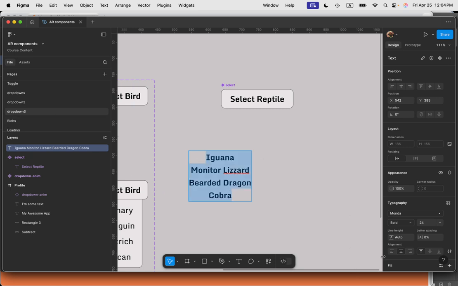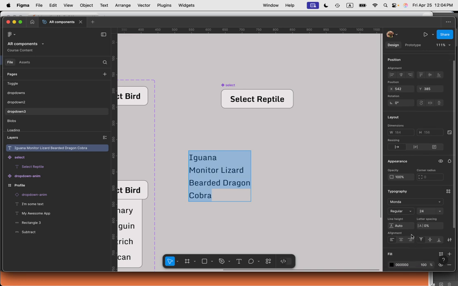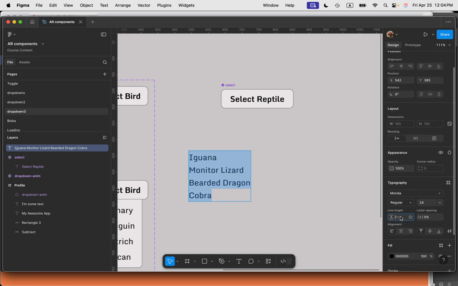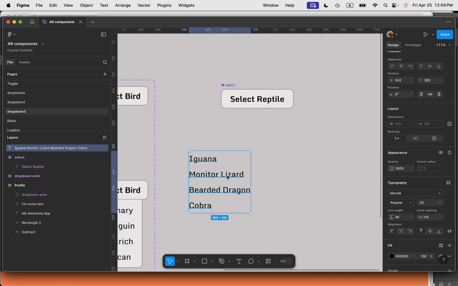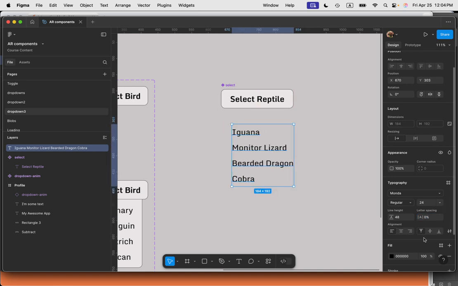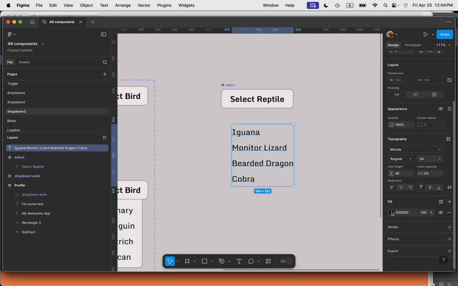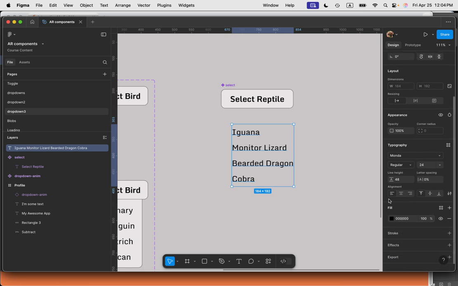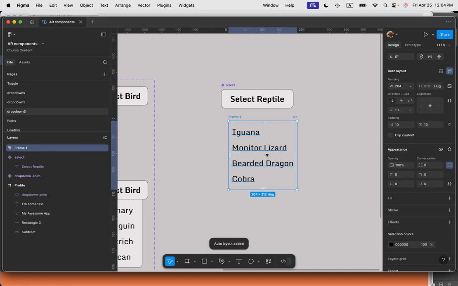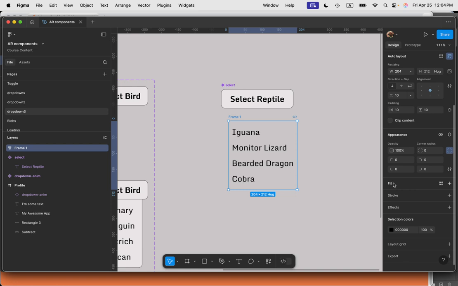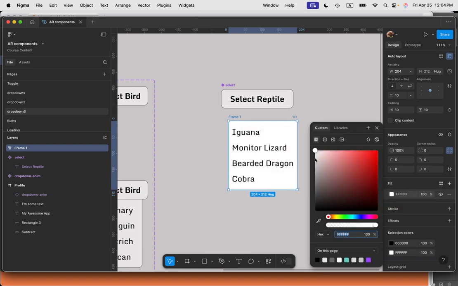Cool. Maybe I want these to be left aligned instead. I definitely don't want them to be bold. And yeah, it's definitely one Z. And let's see. Auto. Let's do 48 to give it some space. Now I want it to have a little bit of background. Shift A to make it auto layout. Then we can give it a fill of something slightly gray. I should probably just choose the color I'm using here. And I'm going to give it